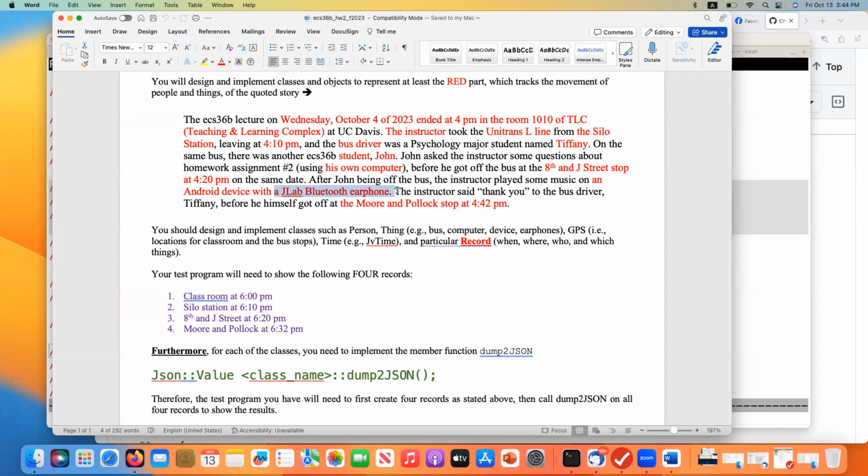So those two devices, where were they when the first event took place? You can assume Professor Wu left his phone in his office about 10 minutes away and retrieved it after the lecture, which is obviously not likely because the class finished at 4 and he needs to get on the bus at 4:10. So 10 minutes is not enough to retrieve it. So in some sense, this implies those two devices were already with the instructor during